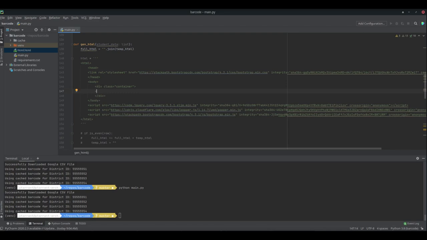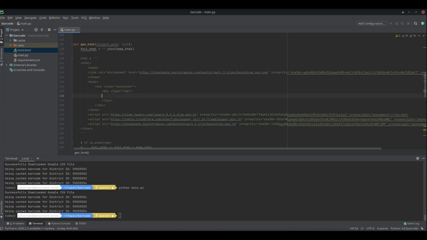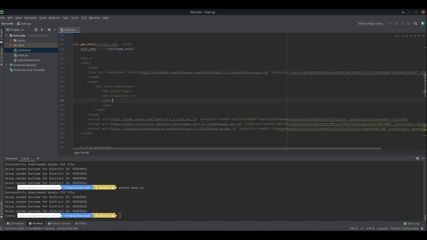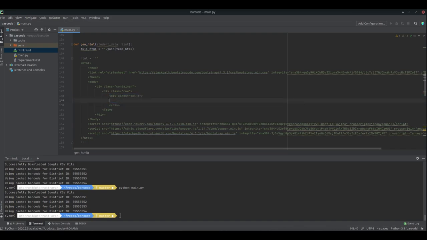PyCharm was not designed to write HTML, so it's a little weird. And then div class equals row. Close that div, and div class equals col-12. Nope, not 12. Sorry, 6. div. Okay, and we're going to need to put the first two pieces of student data into here in a